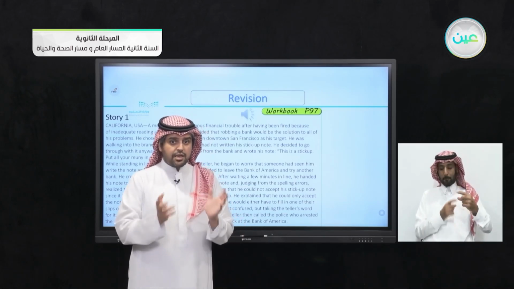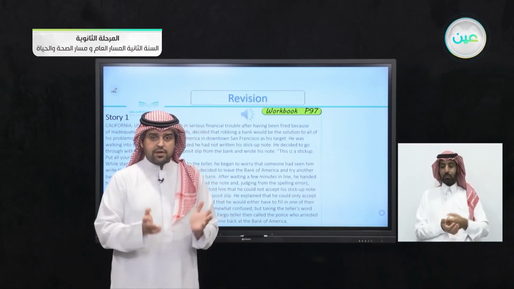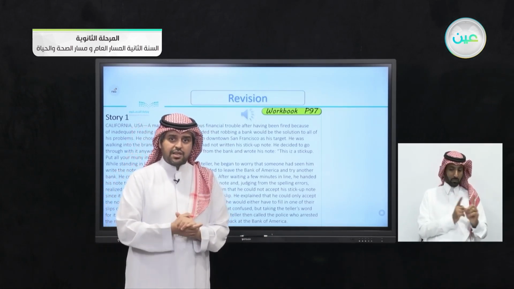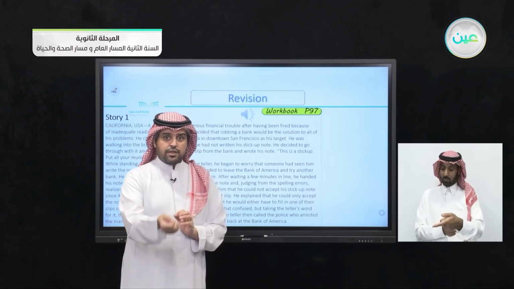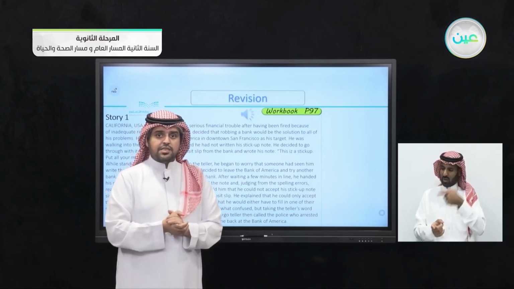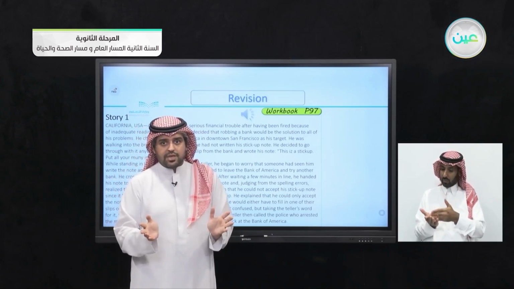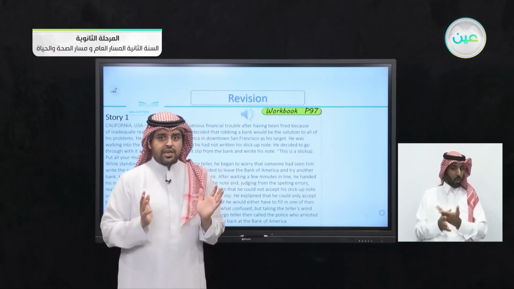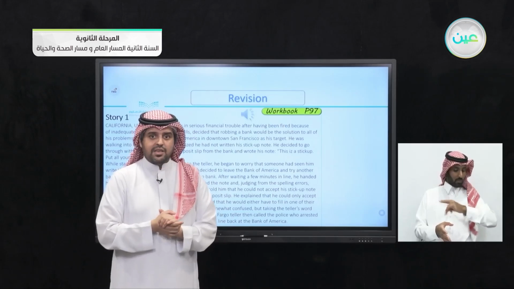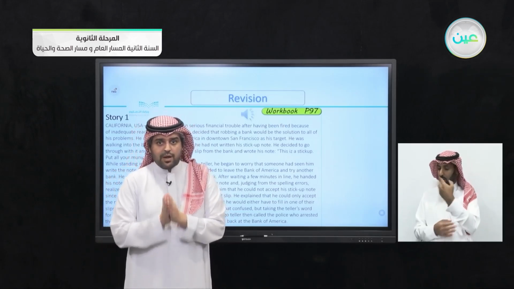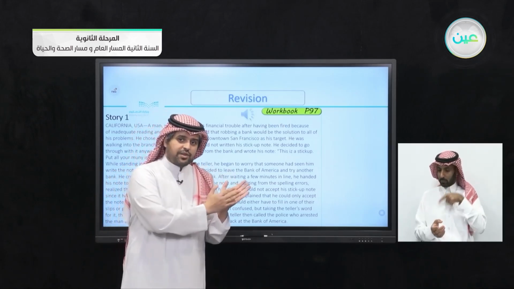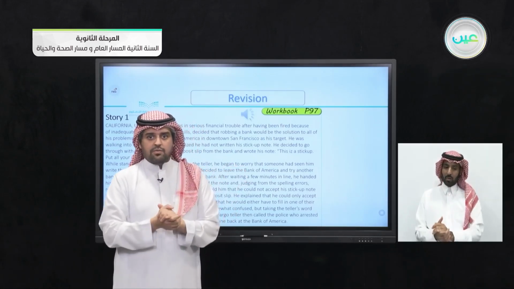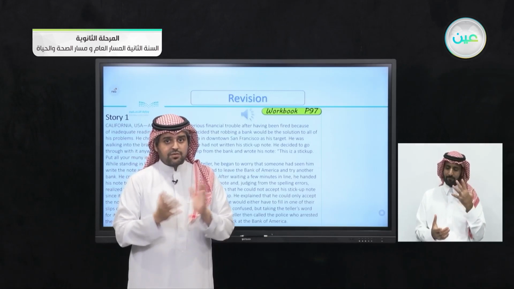Of course, the teller there was smart, was clever, was quick-witted. Once he arrived to the teller and gave him the note to threaten him, he said, "We don't accept this paper because it's from the Bank of America. If it's from here, it's okay. We will accept it. But since it's not from our bank, please go to the Bank of America and rob the bank there." So confused, he was confused, of course.